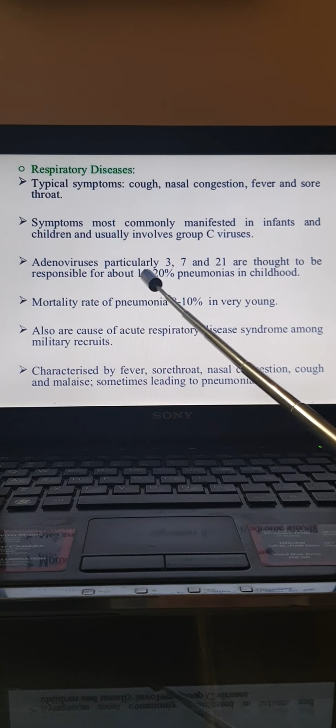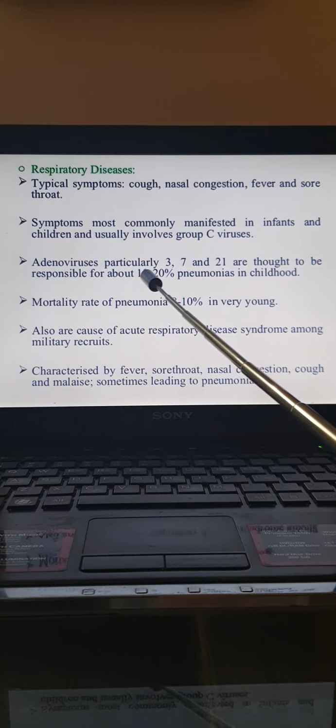Coming to lab diagnosis, depending on the site of infection, the specimen has to be collected from the affected site as early as possible. So we can collect a throat swab, a conjunctival swab, a genital swab, and we can also collect stool and urine samples for the diagnosis. But we have to be very clear that the duration of excretion of the virus varies among various clinical illnesses. That has to be kept in mind during collection and during diagnosis of adenovirus.